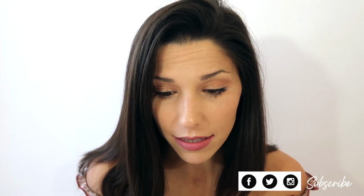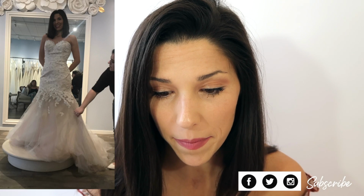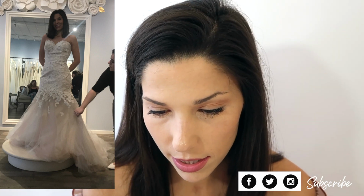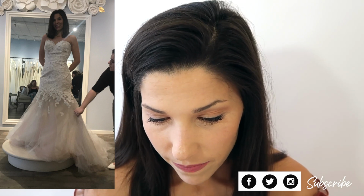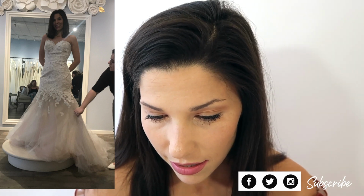The next dress, it just felt like another prom dress, like I was going to prom. It was actually, I think, blush colored. And this was something that my friends just wanted me to try on, and I didn't like it at all